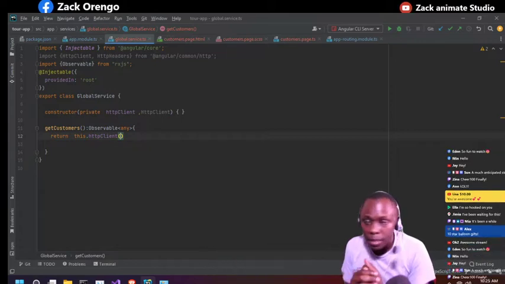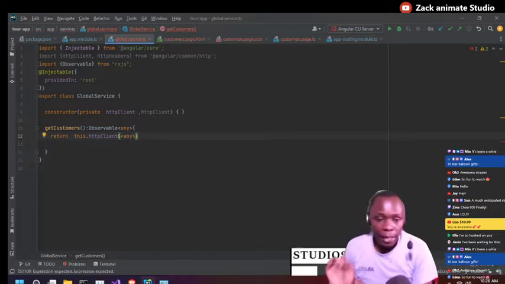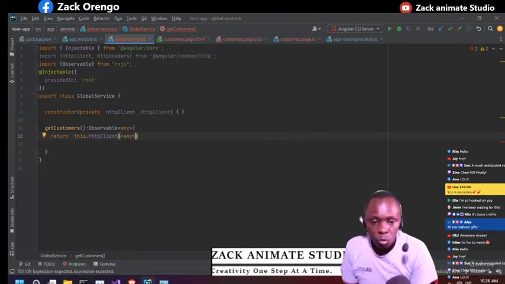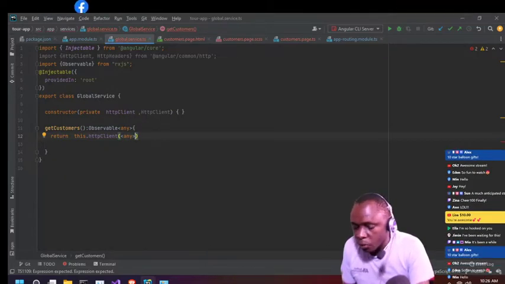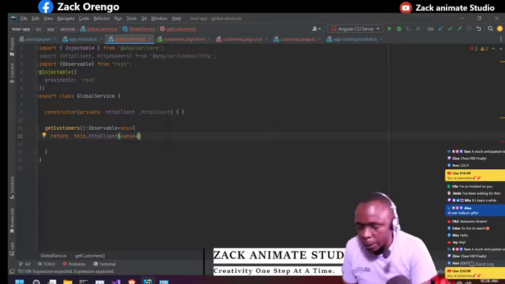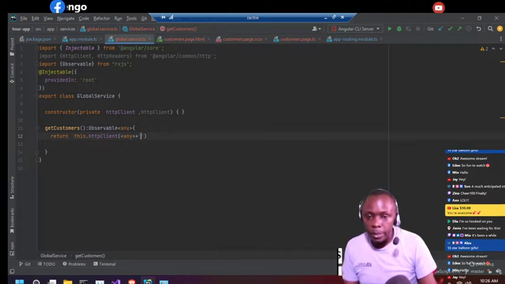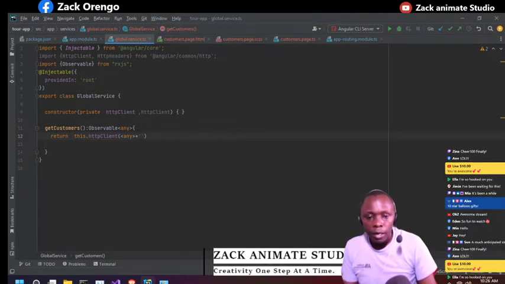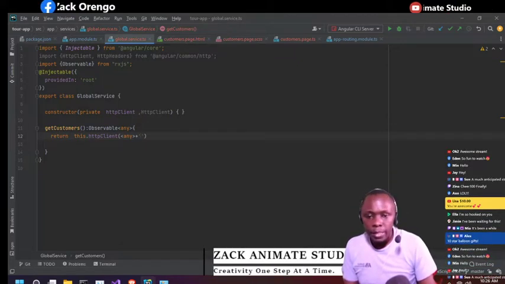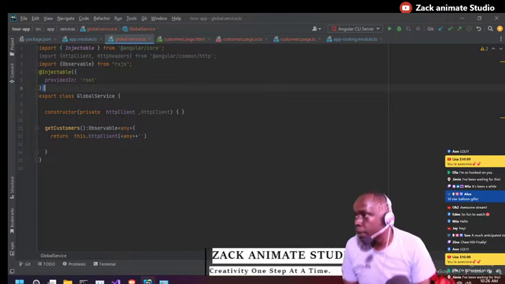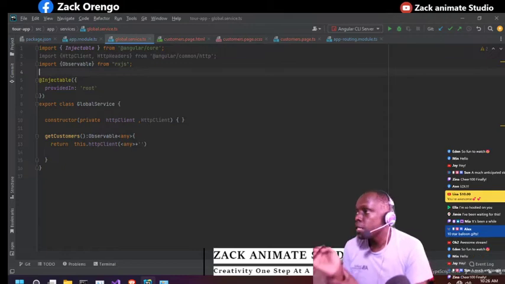You can pass a URL plus any URL that you have. At this point we can specify the URL of our API, which is going to be